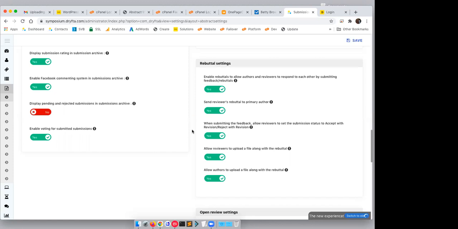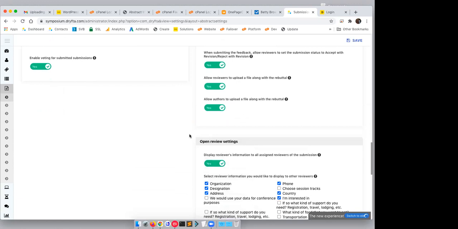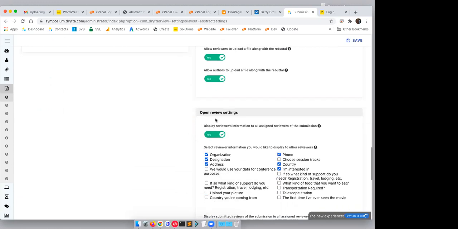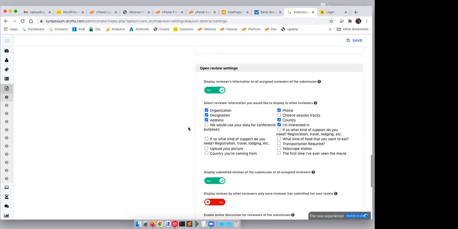And only then it would be sent to the author, to the reviewer. So yeah, all these can be enabled from here. And then lastly, there is open review settings where you can let the,